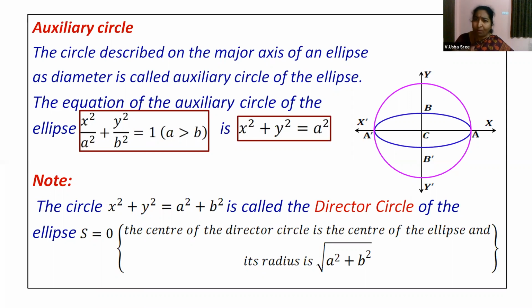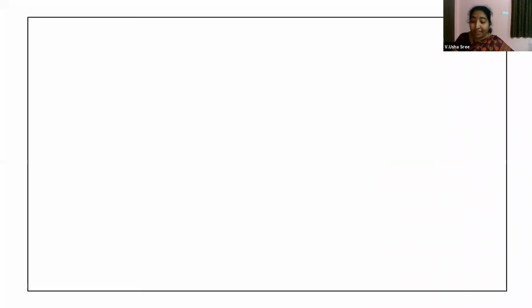For one pair, one point of intersection. Likewise, we will have many perpendicular tangents to an ellipse. Now, all those points of intersection, if you join, then you will get a director circle, which is concentric to the given ellipse. This is another definition of a director circle that we will see again in the coming sessions. Now, having discussed this, we will go to the next definition, eccentric angle.